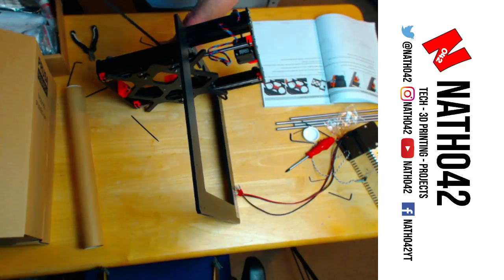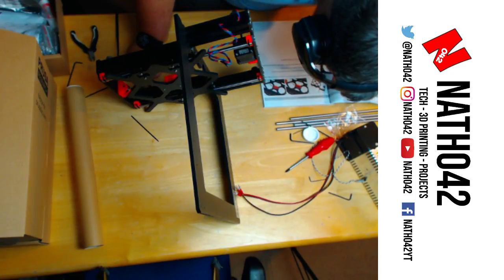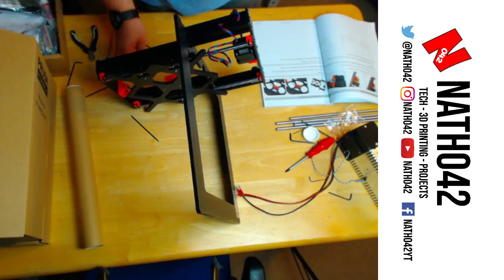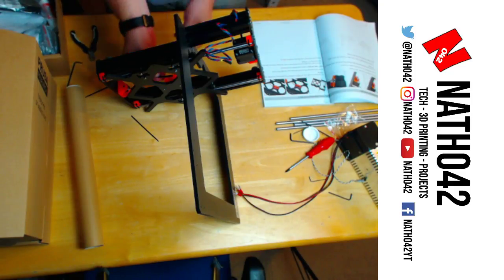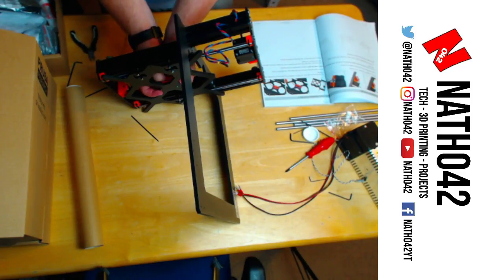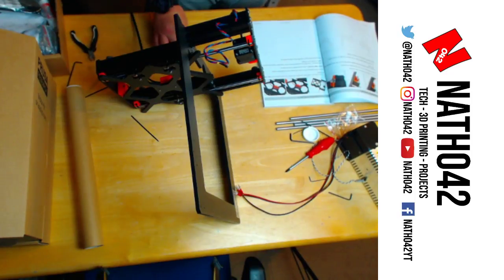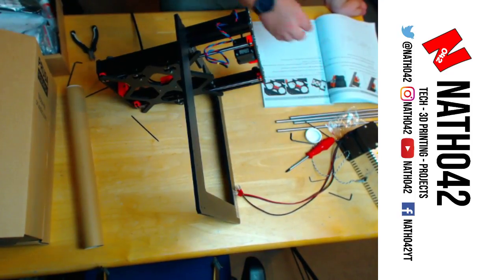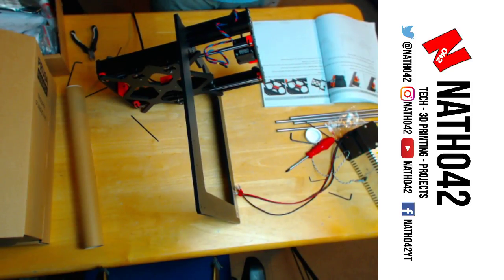Now which side do we want it to be? Okay, we want it to be this way. Use the bottom opening in the extrusion and gently insert the cable from Y motor. It just wants you to move the cable out of the way, I think. That's really weird. Why would it say that? Okay, cool. So push that in like that. It's nice and pushed in. So that's good. Now